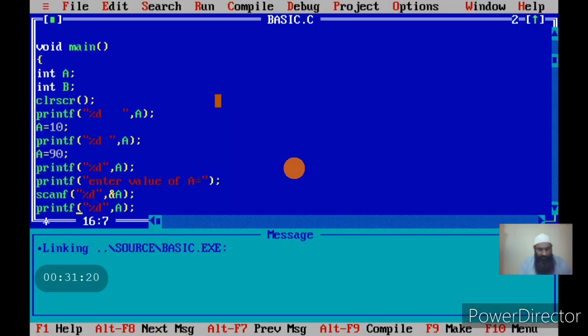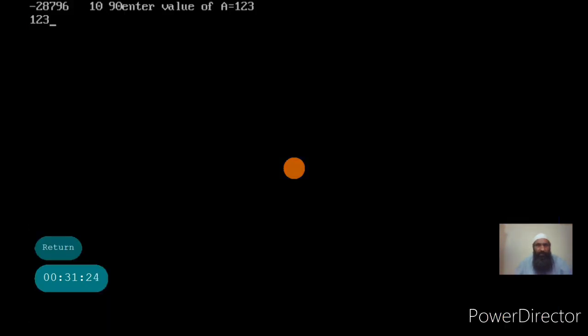Now we can check whether it has displayed that value or not. We can again check, go to the user screen. See, the first value was the junk value, the next value is the 10 value of a, the next value is a 90 value that is stored in a. Memory location is same, that is a, but its contents are changing with time. We can say the value that is present right now is called the current value. That is when a particular statement is being executed.